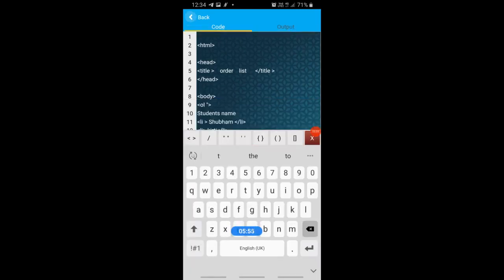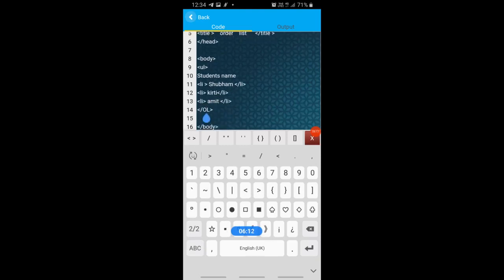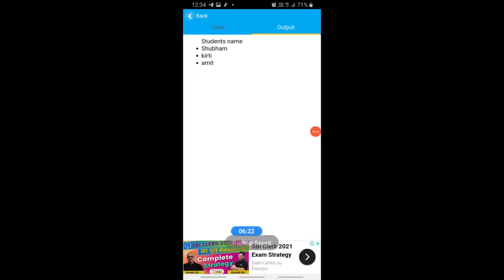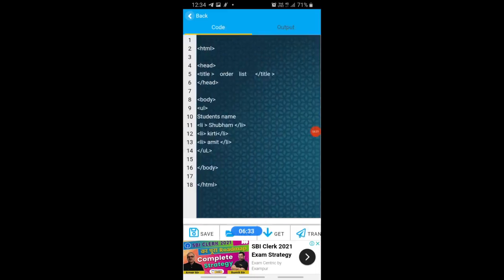Okay, simple thing. Just delete it. In an unordered list you only need to mention UL in place of OL, and the rest will be the same. Here also you have to mention UL in the closing tag. Now you have to see the result. It will come in bullets.